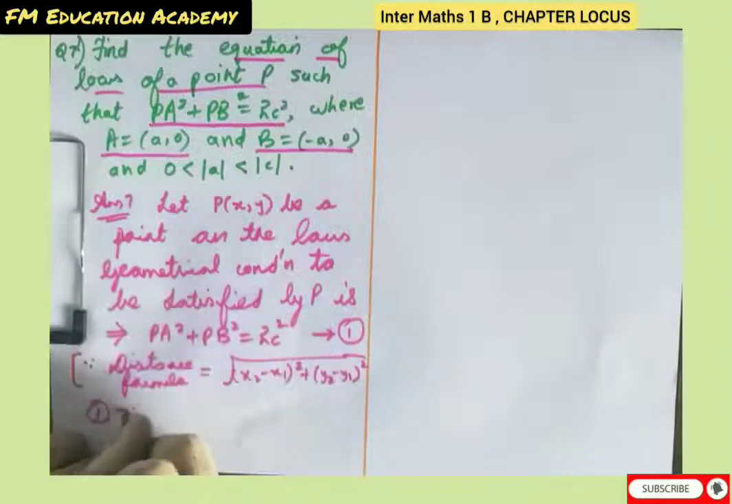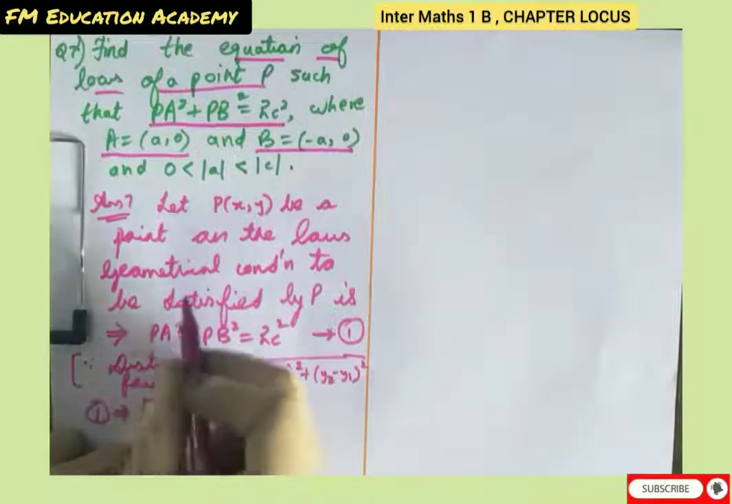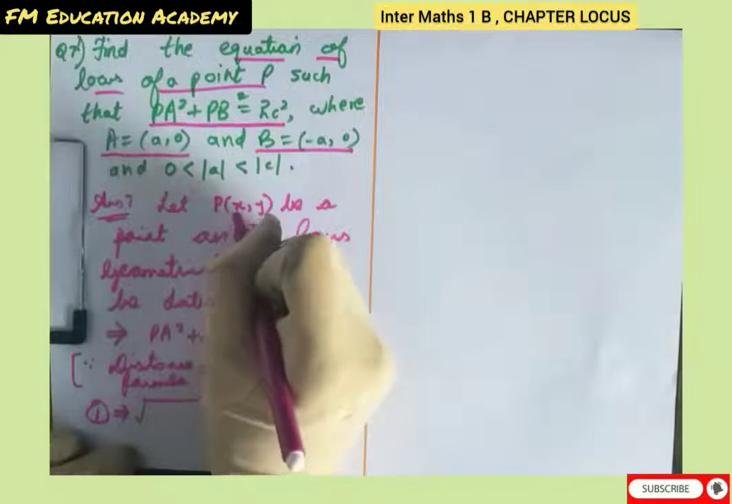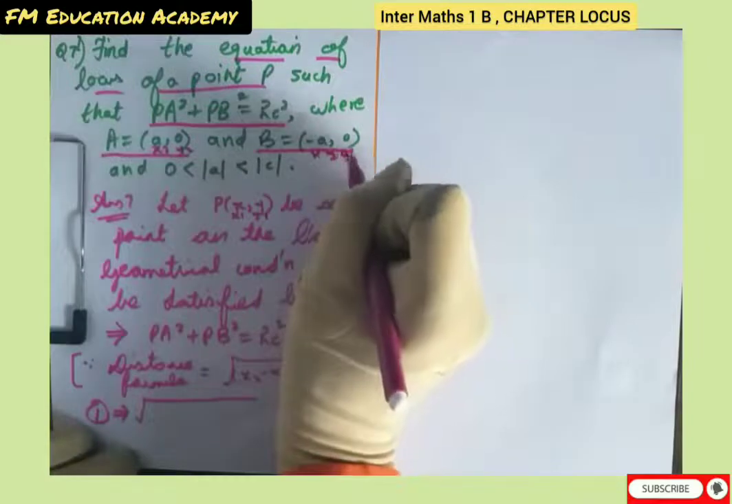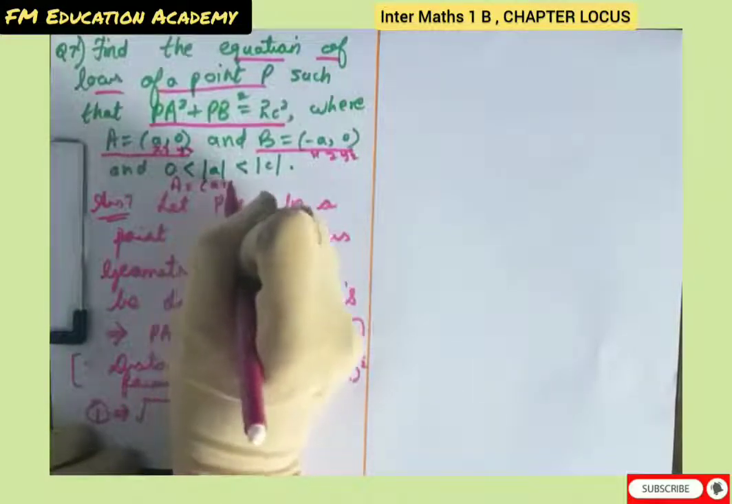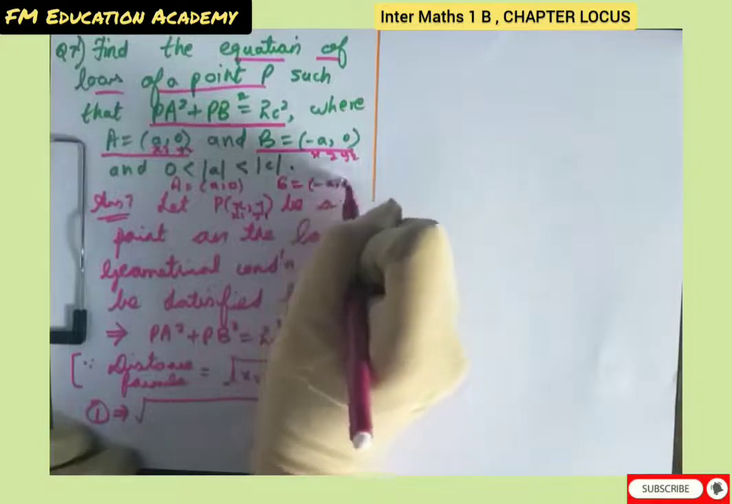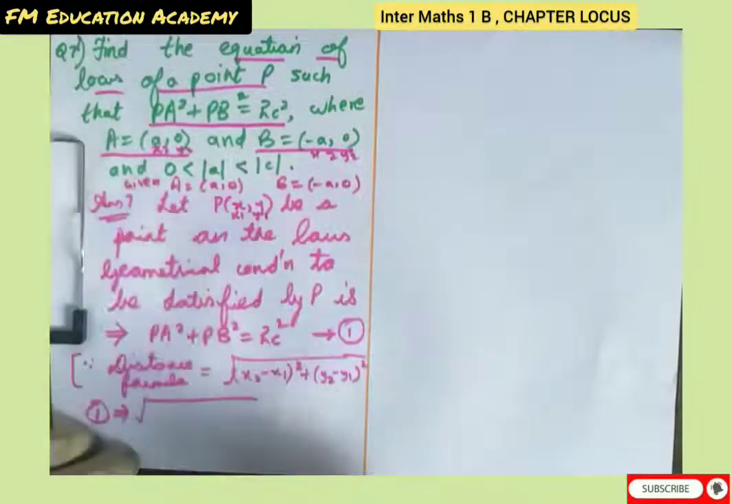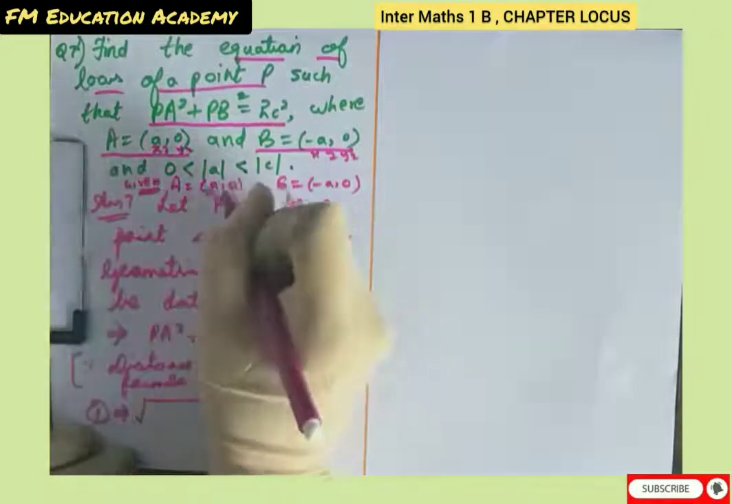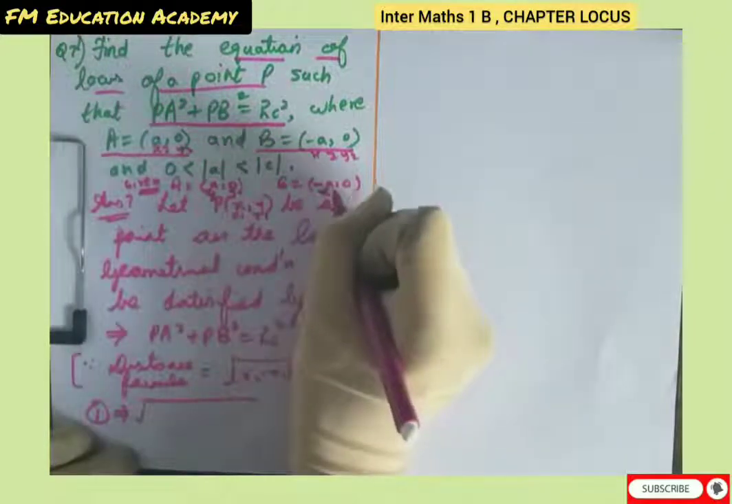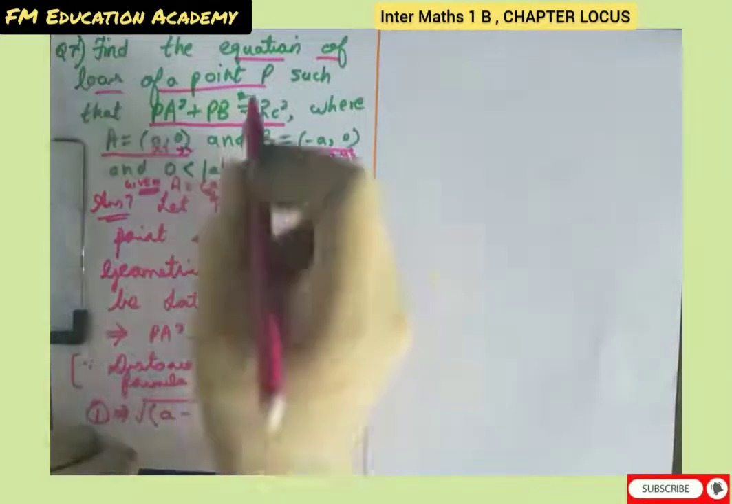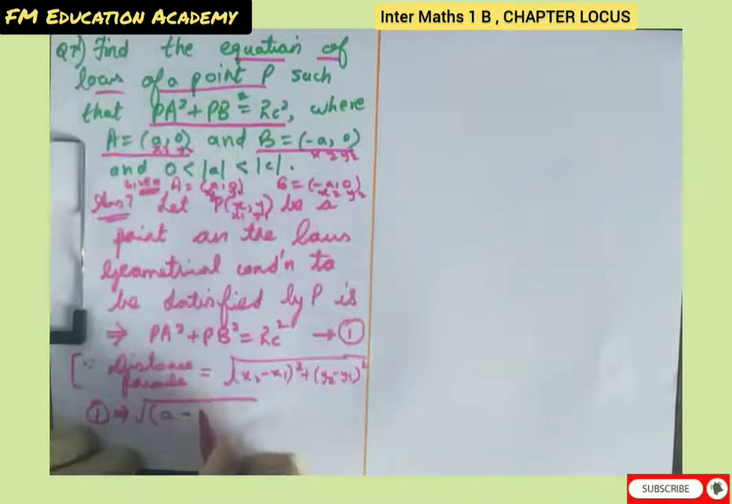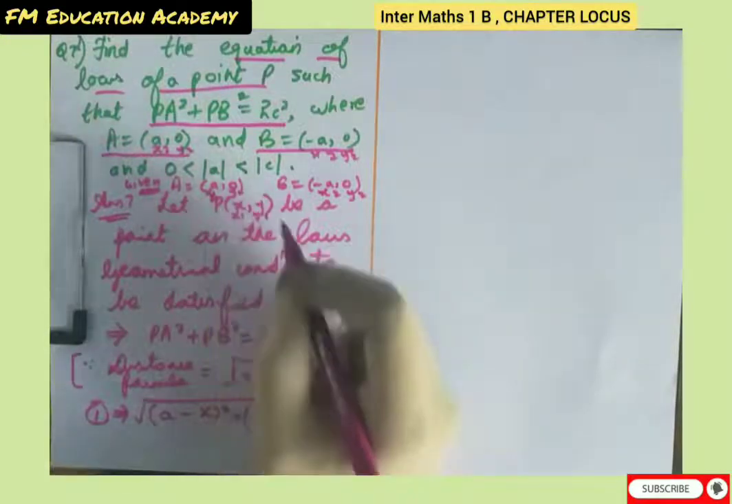Now equation 1 will imply what is PA here? See here P we are assuming as x1 y1, and A we will assume as x2 y2, and B we will assume as x2 y2. Here you also have to write A is equals to a comma 0 and B is equals to minus a comma 0. This is given. So x2 minus x1 whole square means A minus what is x1 here? X. A minus x whole square plus what is y2 here? 0 minus y whole square